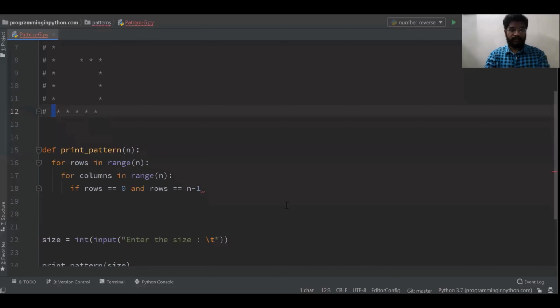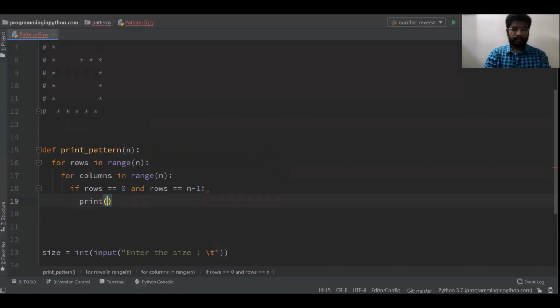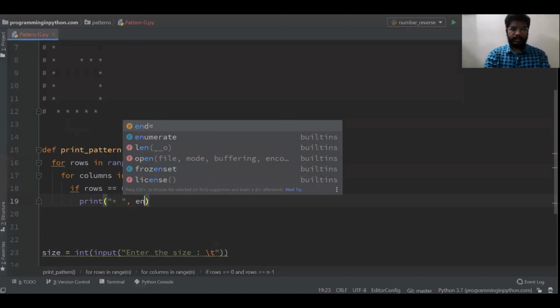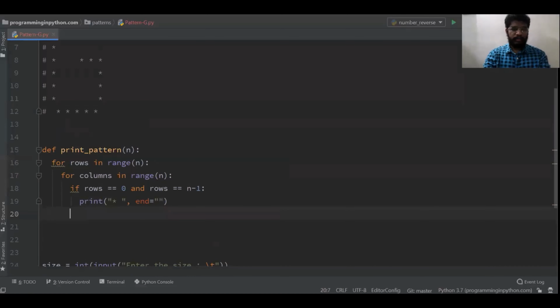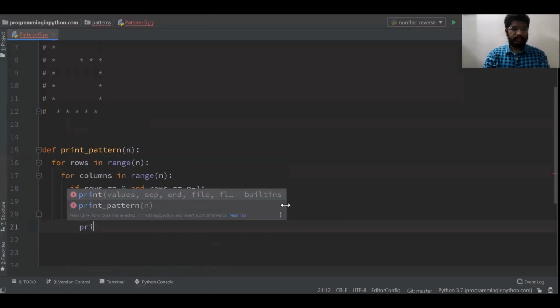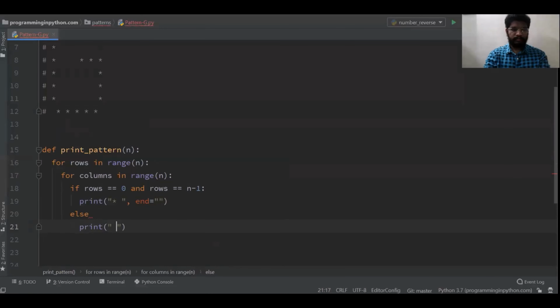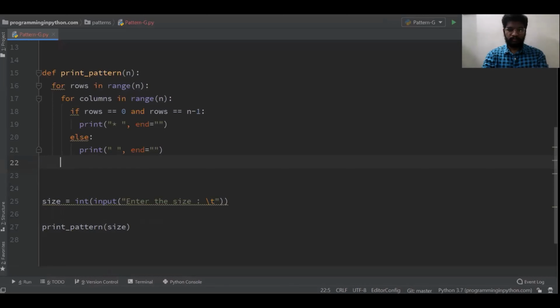First, let me print this for your understanding. Here I'll print star, with end equal to empty. Else I'll just print space. I have to create an empty print here so that it will go to the next line. Sorry, I have to give or.